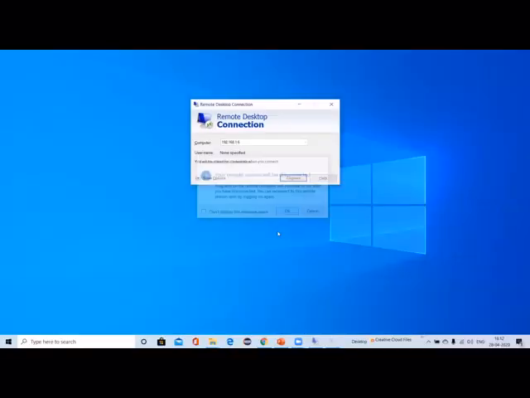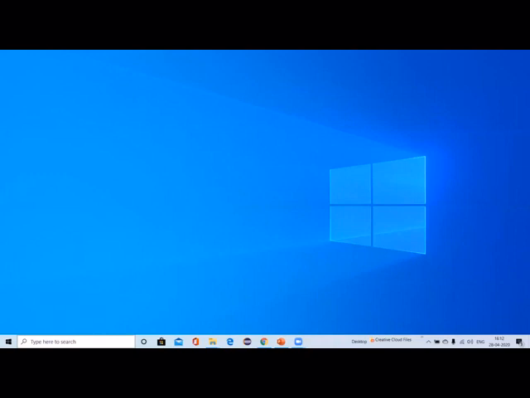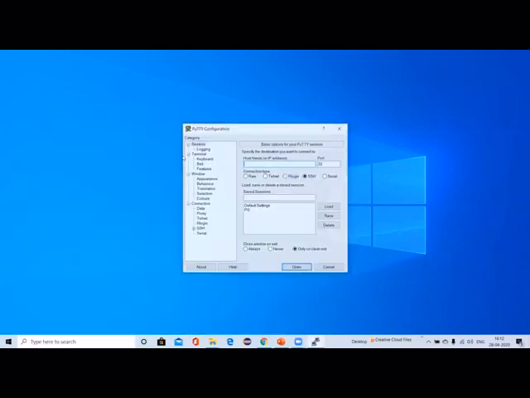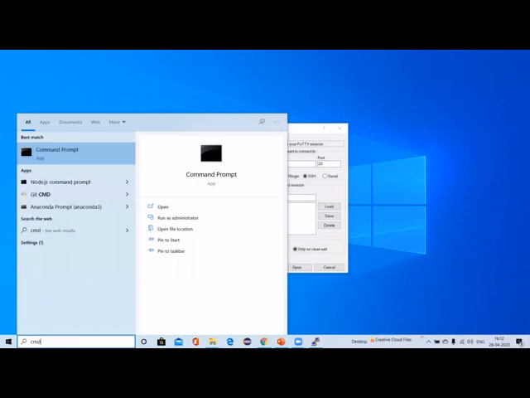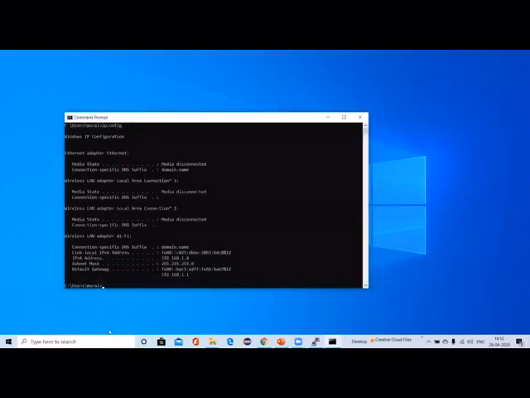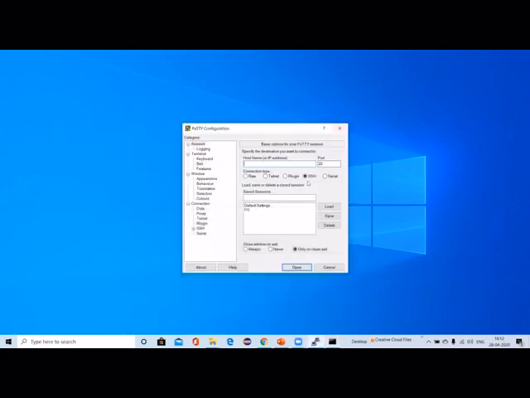I'm going to connect another way using PuTTY. It requires the IP address, 192.68.6.